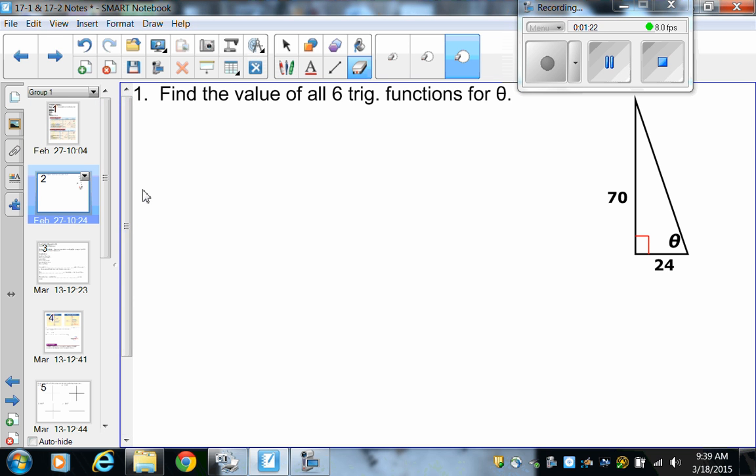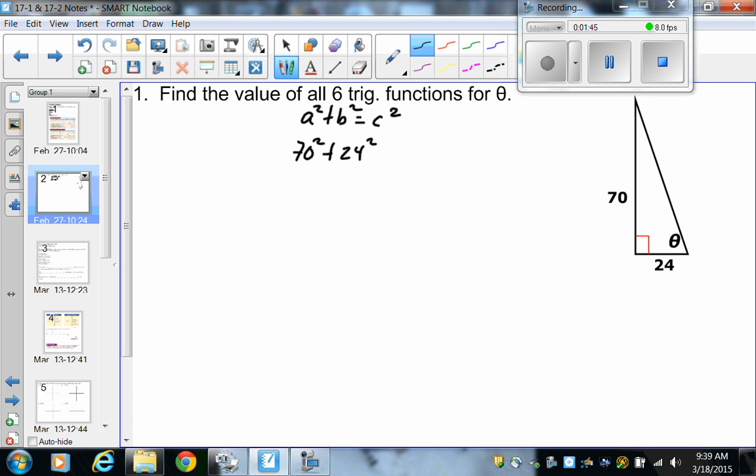So example 1 says to find the value for all 6 trig functions for theta. So the first thing we need to do is find this missing side length. So this is a right triangle, and as you learned last year, you can use the Pythagorean theorem, where a squared plus b squared equals c squared, where a and b are your legs and c is your hypotenuse. So we would have 70 squared plus 24 squared equals c squared. So this is going to be,